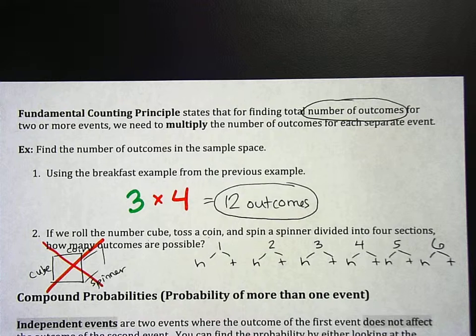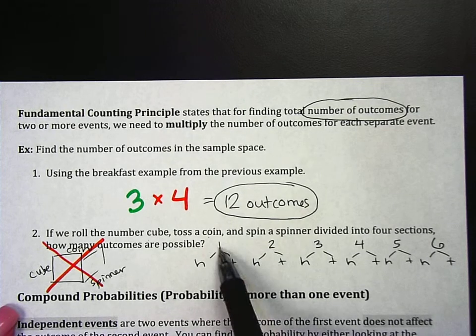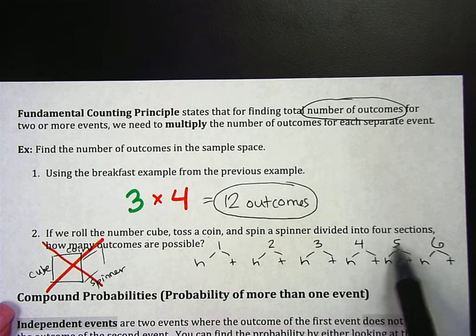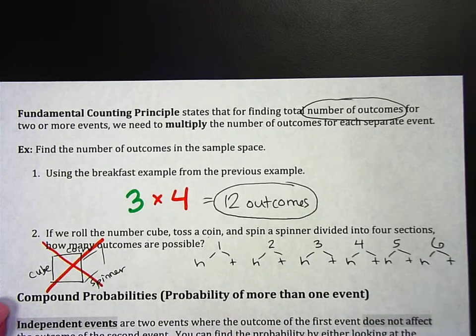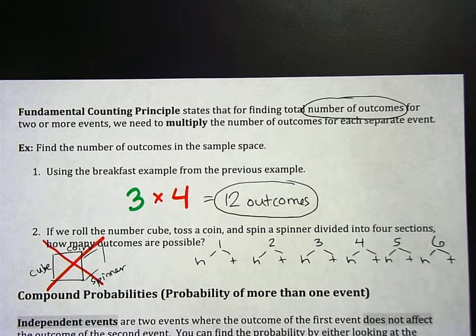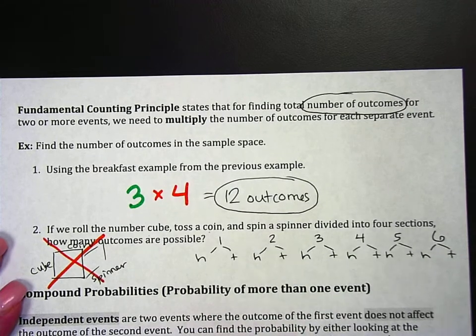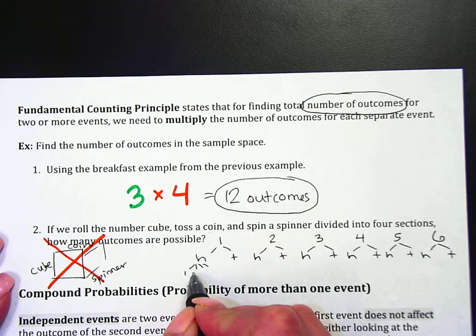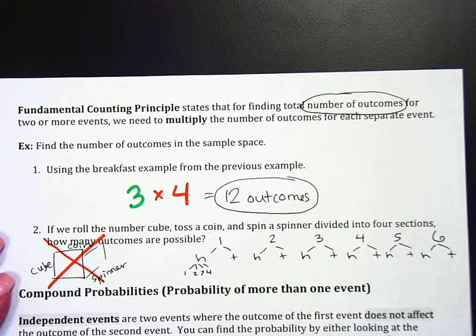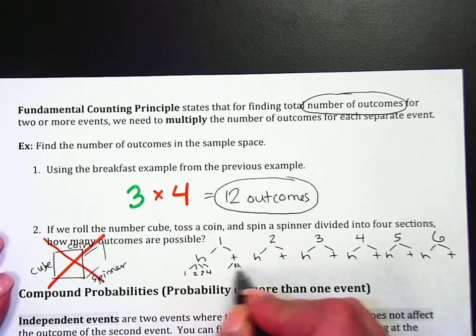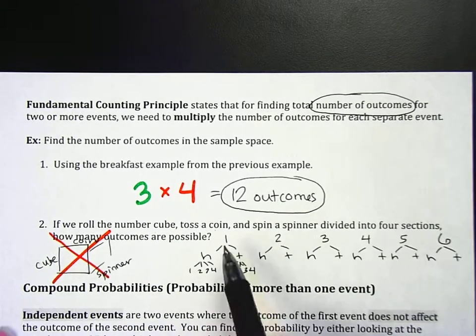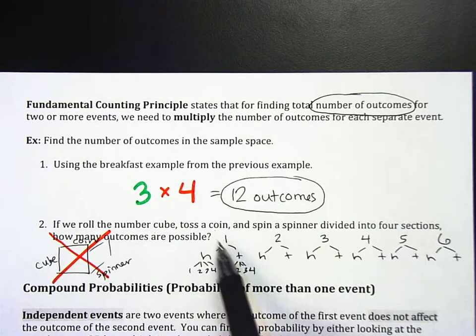So right there, we're at 12 possible outcomes: 1, 2, 3, 4, 5, 6, 7, 8, 9, 10, 11, 12. But then my 3rd thing is I'm then spinning a spinner that has 4 sections. So 1, 2, 3, 4 from each of these. I'm not going down for all of them, but right here I could flip my cube and get